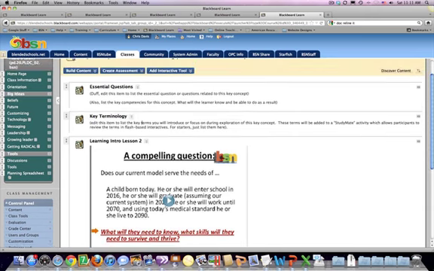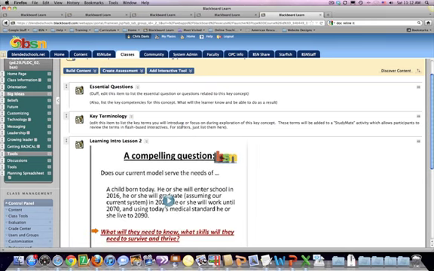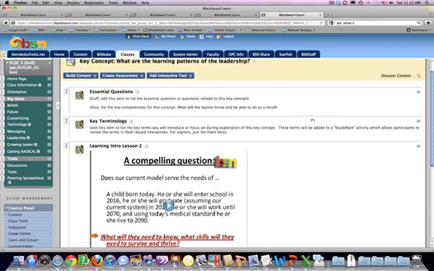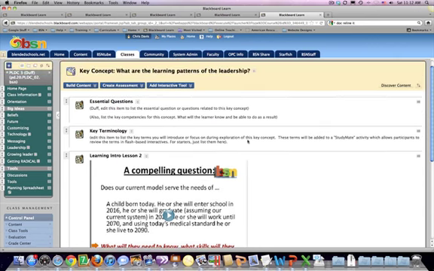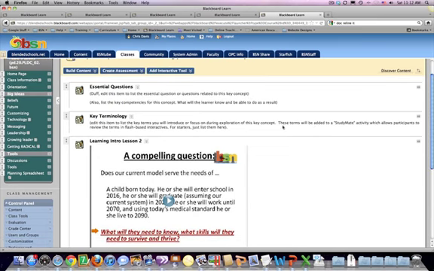And so this item you could edit and simply list the terms that you want to really reinforce in this concept. And again, these would be just the terms related to this particular concept, which is learning patterns of leadership, for example. So we have essential questions, a list of the key terms. Now